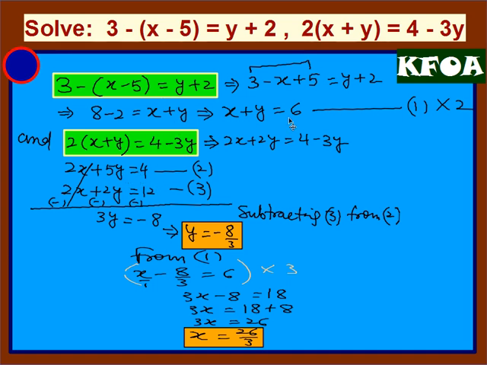And now this first equation, if we multiply by 2, because 2x and 2y, so I can eliminate any one. Okay, so because it is 5 here, it is here x plus y is equal to 6, and here 2x plus 5y is 4. So I eliminated x this time. I got 3y equal to minus 8, y equal to minus 8 upon 3.